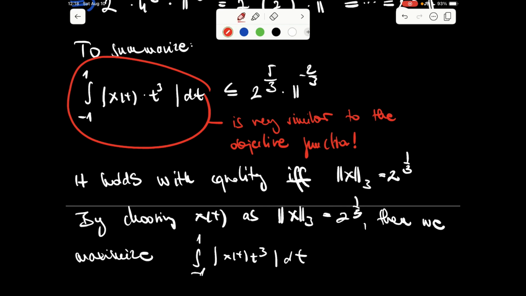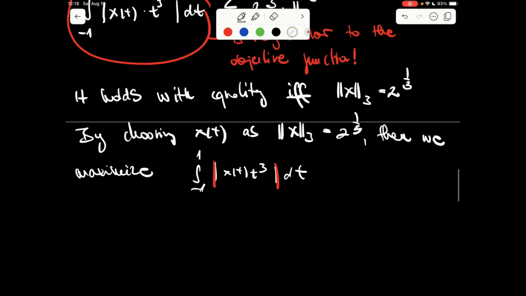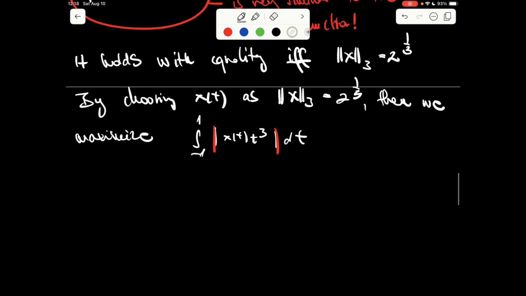The only fly in the ointment is that it contains an absolute value. If we know the norm of this unknown function, so please note that we know the norm of an unknown function, so